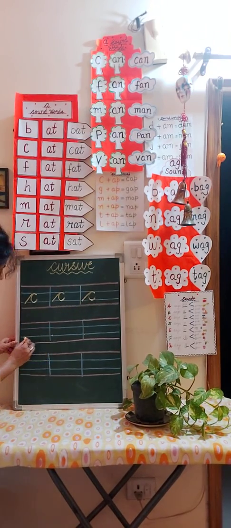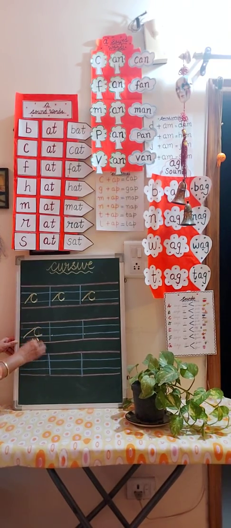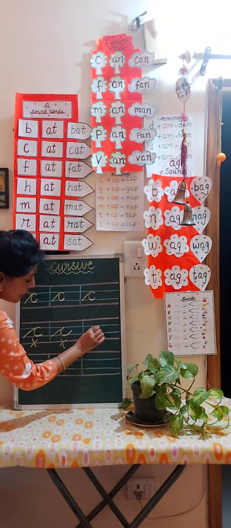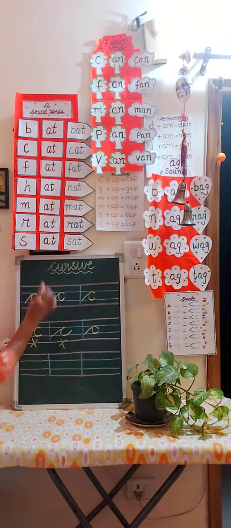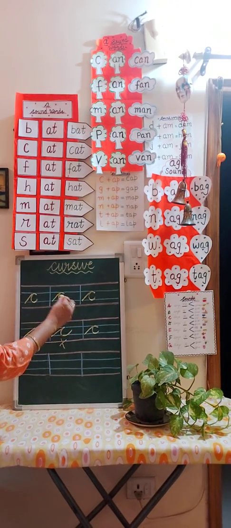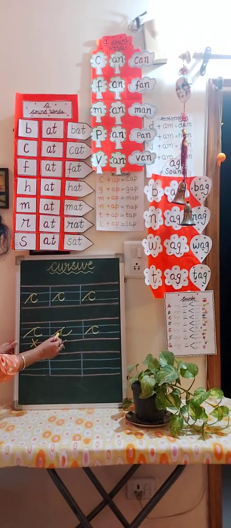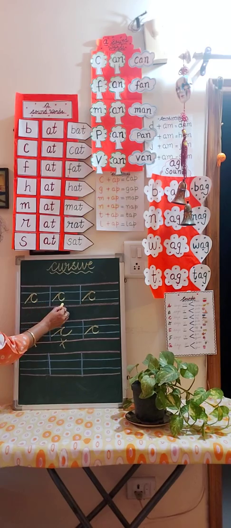Some of the students write C like this. First they put the line like this and then they write C like this. No, this is wrong. Some of them are going to write like this. This is also wrong. I have not told you to write like this. This is the right pattern. You are going to come down first, a little down, go back and then you have to touch the blue line. Is it clear? The flexibility of writing should be there. You are not going to lift the pencil or you are not going to write it this way. The formation of C is this.